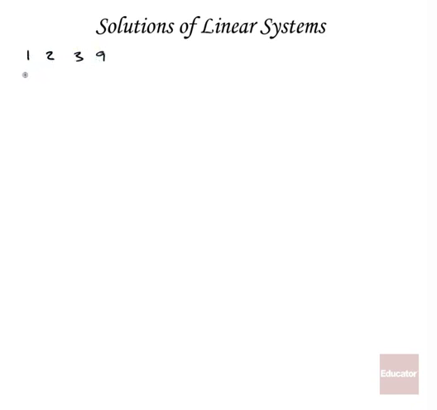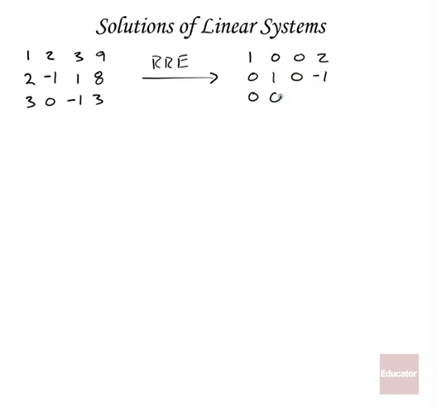We had 1, 2, 3, 9, 2, negative 1, 1, 8, and 3, 0, negative 1, 3, and we converted that to reduced row echelon form to 1, 0, 0, 2, 0, 1, 0, negative 1, and 0, 0, 1,